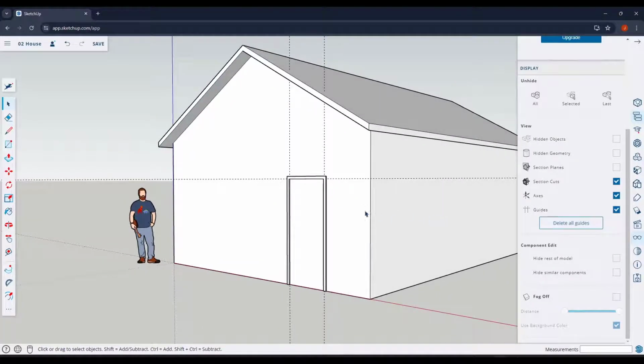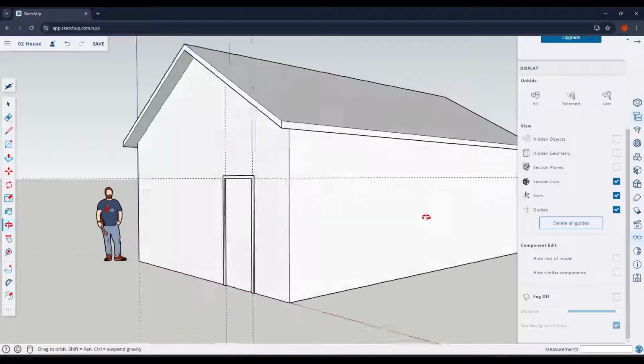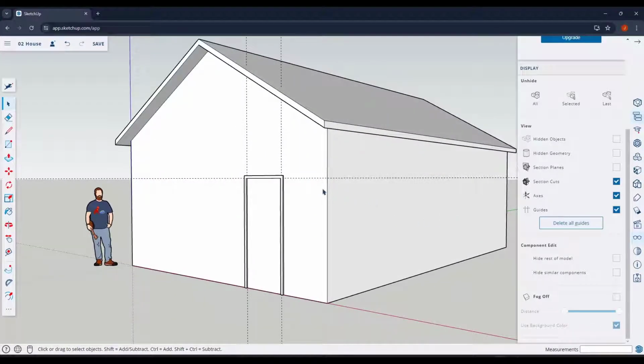In order to model a window, I'm going to use my guides again. There's actually an option in here under display for delete all guides. I'm going to use this to get rid of those guides. Then I'm going to use the tape measure tool and I'm going to draw